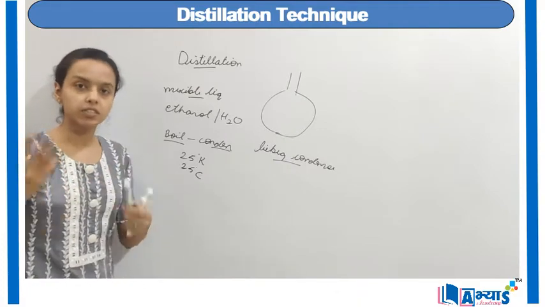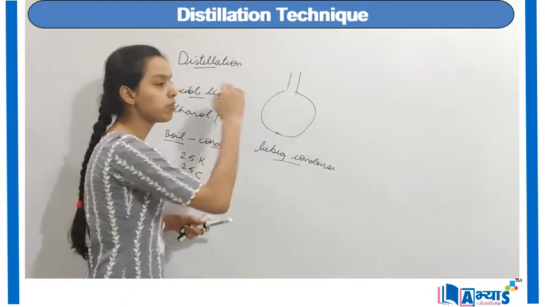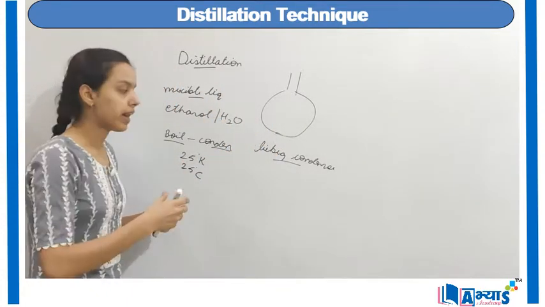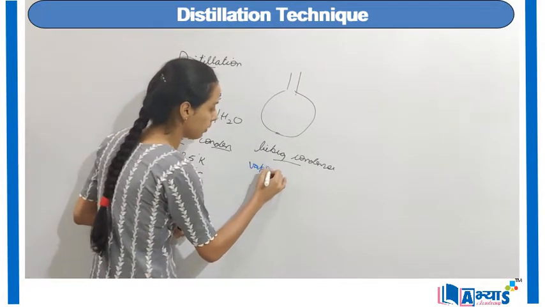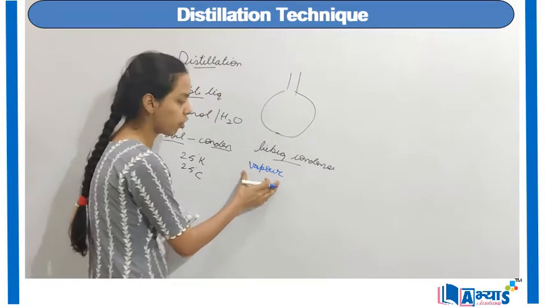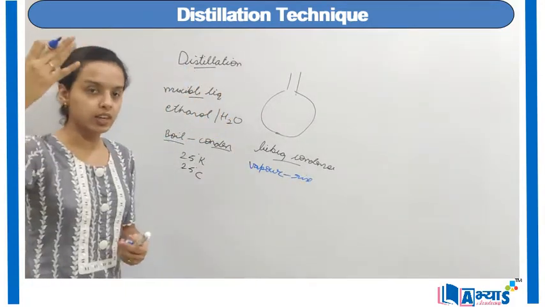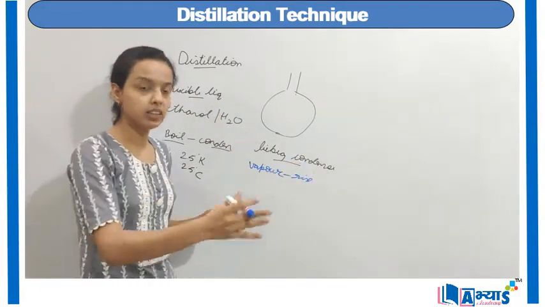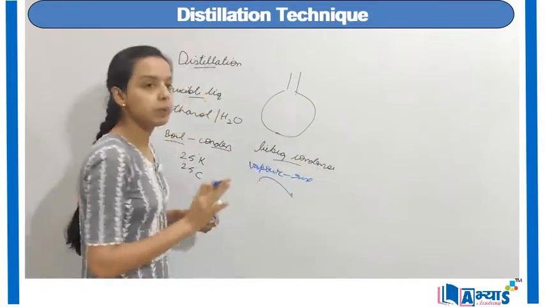As soon as it evaporates, the water or the liquid component in it will start to form vapor. As it forms vapor, it will keep on rising. That means the first step is it forms vapor, and when it has formed vapor, it will rise. As it rises in the distillation flask, you have the arm of the Liebig condenser, and these vapors will now go into the Liebig condenser.